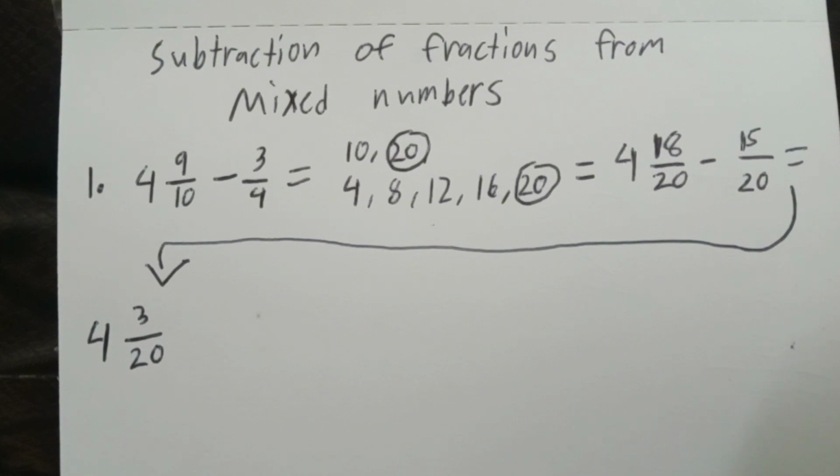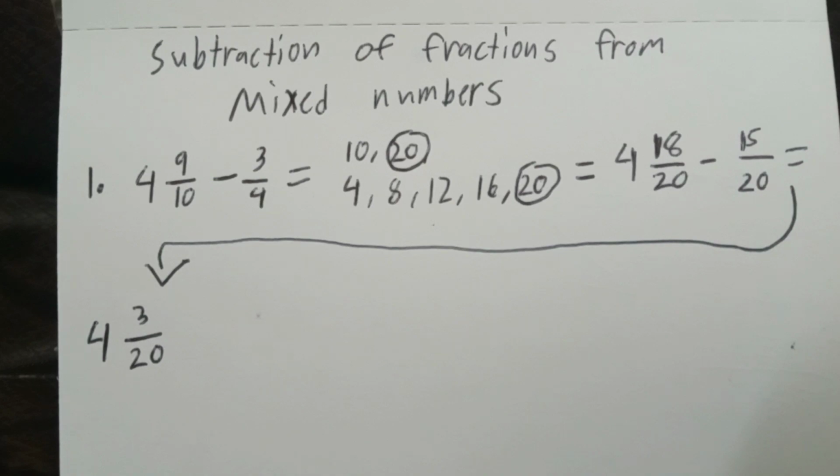So 2 times 9 is 18. We write it there on the right side. And then for our denominator 4, it took us 5 times. So 5 times 3 equals 15. So now can we start to subtract? The answer is yes. So let's start subtracting our fractions. So 18 minus 15 is 3, which will be our numerator. And we just have to copy the denominator 20. And we just bring down the whole number 4, which will lead us to our final answer, which is 4 and